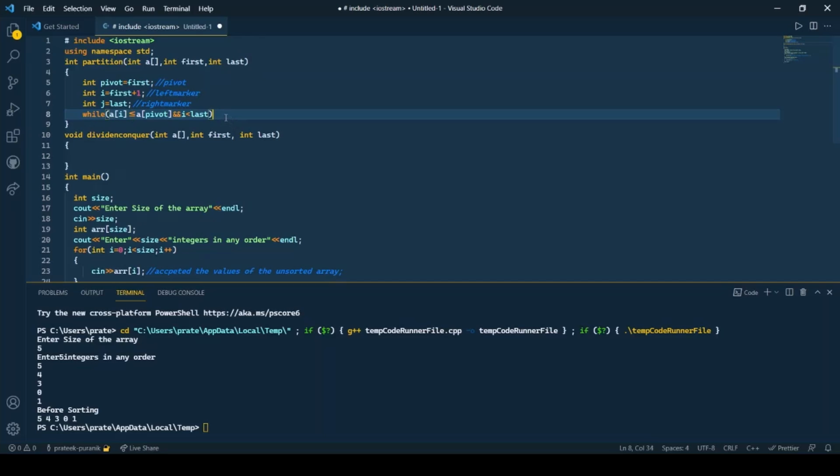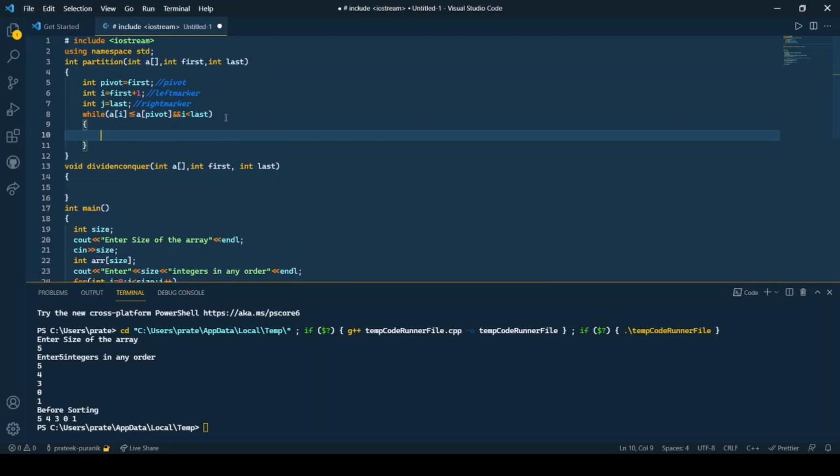If yes, then we will simply increment i. This incrementation will continue till we find an element which is greater than the pivot. So after the end of the loop, i will point to an element greater than pivot.